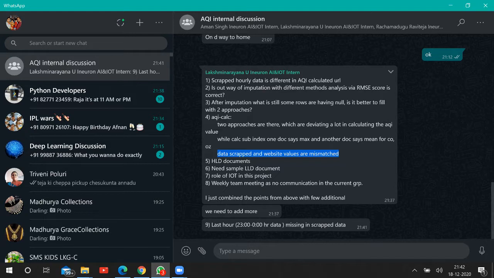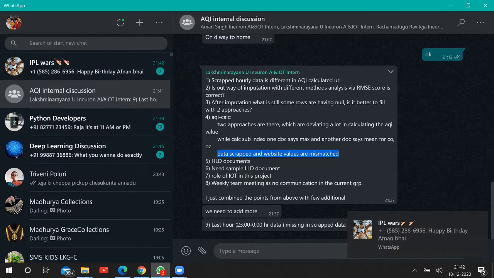And the role of IoT in this project. This is your point, which you made. Because it is the IoT domain, right? So what are we doing related to IoT in this? At least we should know theoretically what it is, because from sensors it is going to the cloud, right? Ideally we can just ask how they approached this IoT project. There is a sensor, it may be hardwired also. If it is there, at least they can show the demo also, right? At least you can ask that.